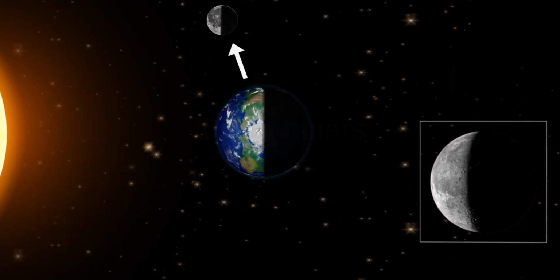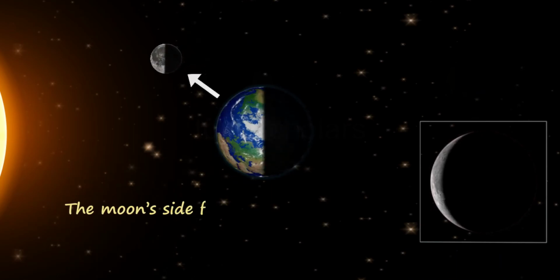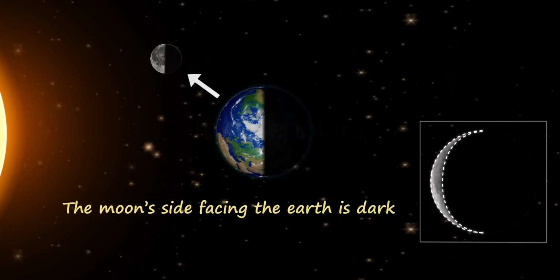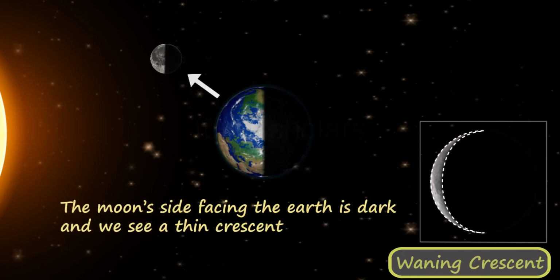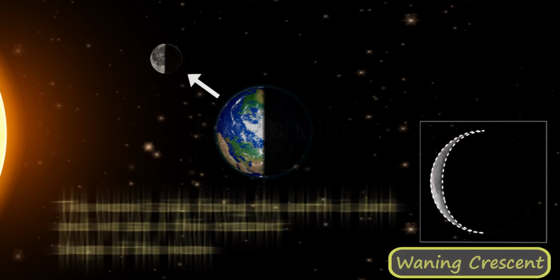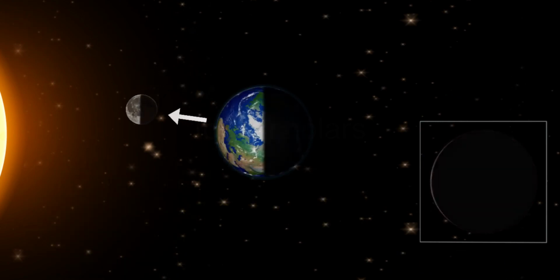Now further along the path, the moon's side that is facing us is dark and we see a thin crescent-shaped moon. And when the moon moves ahead, we see